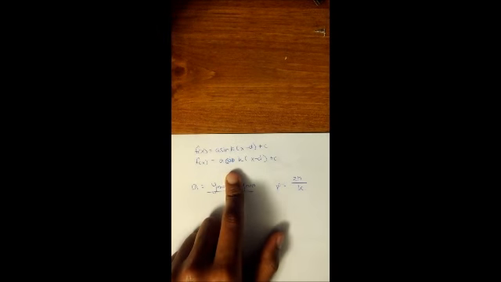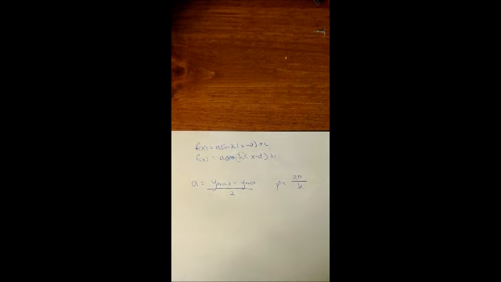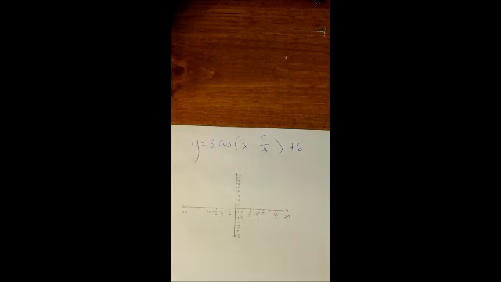K is in our equation right here, which is the horizontal compression or stretch. So for example, we'll try and graph the function y equals 3 cos (x minus pi over 4) plus 6. So in this function, we have an amplitude of 3,